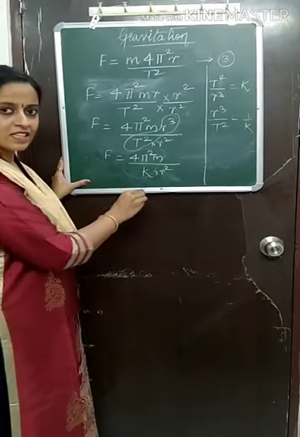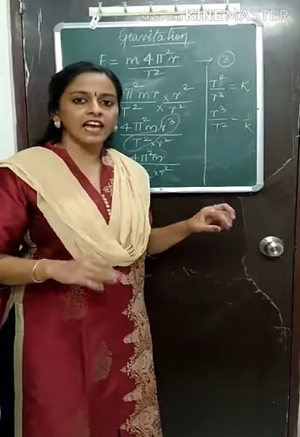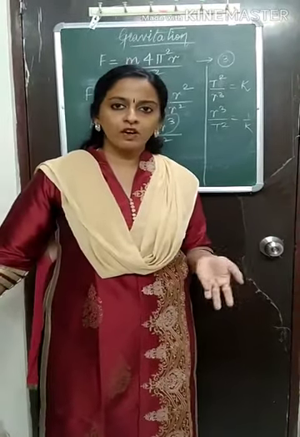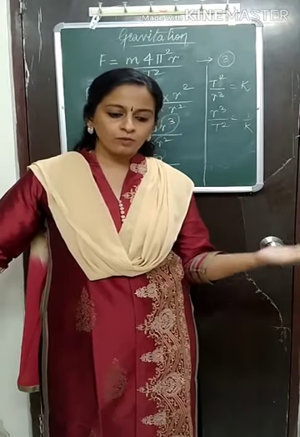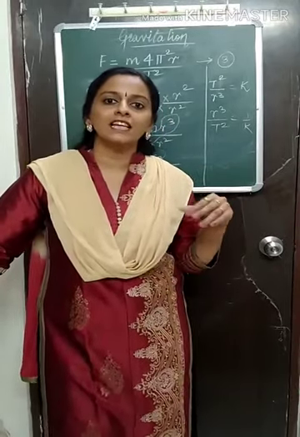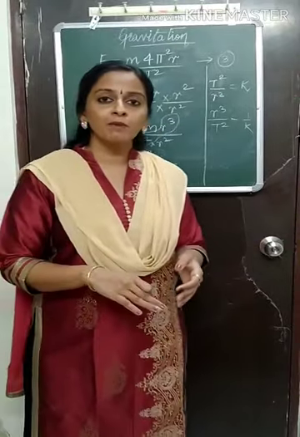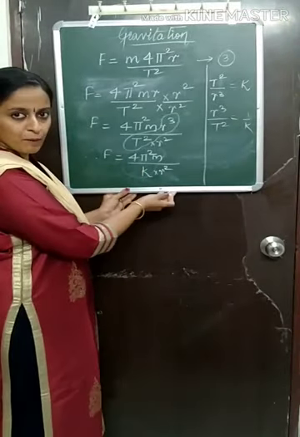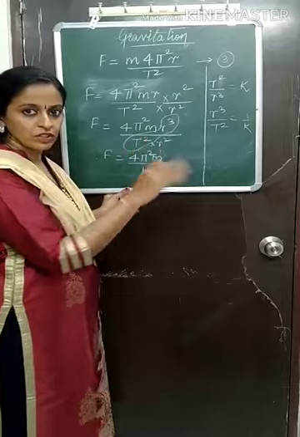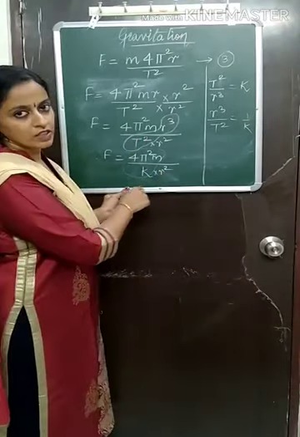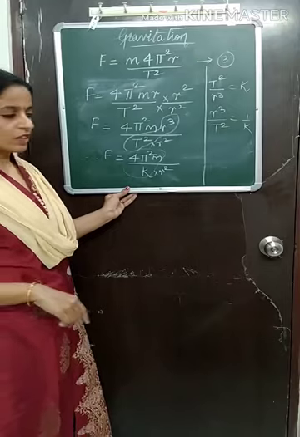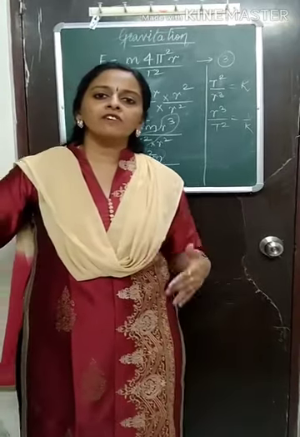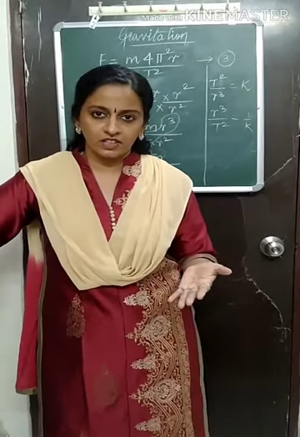So the force is in inverse variation to the square of the distance. The same thing was given in the universal law of gravitation. Every object attracts every other object with a force which is directly proportional to the product of mass and inversely proportional to the square of the distance between them. The same is happening here. It is inversely proportional. R square is coming as denominator. So it is inversely proportional to the square of the distance between the planet and the sun. So from this, by using Kepler's third law, Newton derived the inverse square law of gravitation.